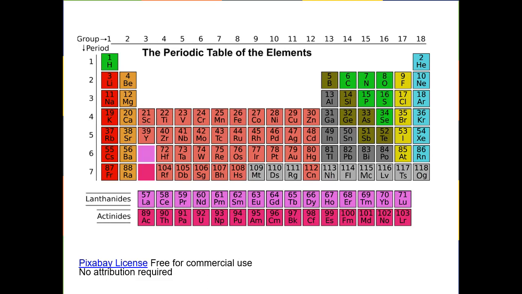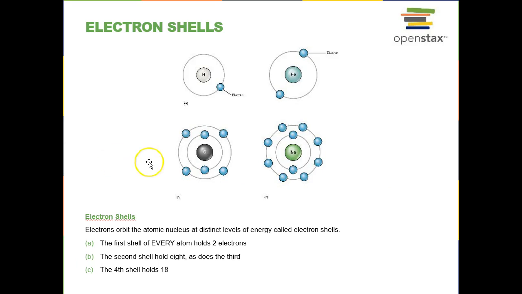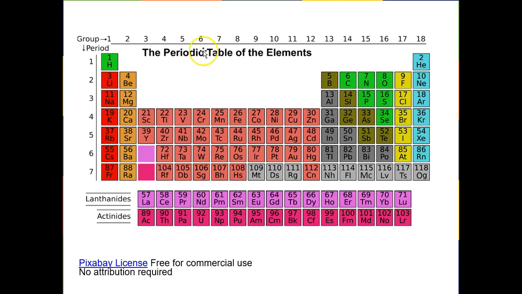Now, let's go back to our periodic table. First row of the periodic table, 2 elements. Second row of the periodic table, 1, 2, 3, 4, 5, 6, 7, 8 elements. Third row, 8 elements. Fourth row, 18 elements. So what's happening here is the period is related to the filling of the electron shells. As you add electrons to your outer shell, your chemical properties are changing in a periodic fashion. And then when you start another energy level, you start another row on the